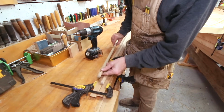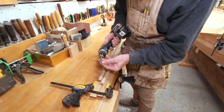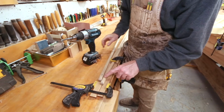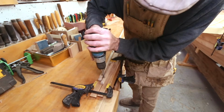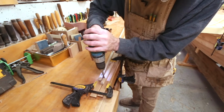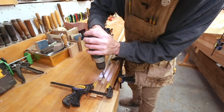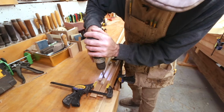Okay, I'm starting these with a Forstner bit because the Forstner bit's got a nice spur edge on there, so it'll cut that grain nicely. But what I found was I was drifting off a little bit, because oak is hard stuff, and it really kind of leads the bit astray. So I'm just going to get it going just a tiny bit, cut that end grain,